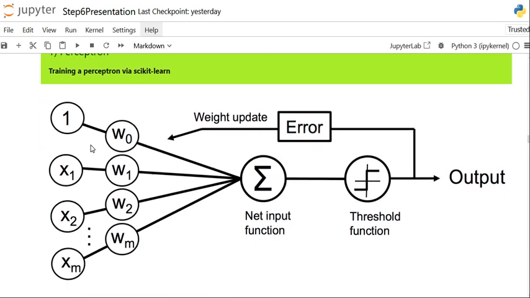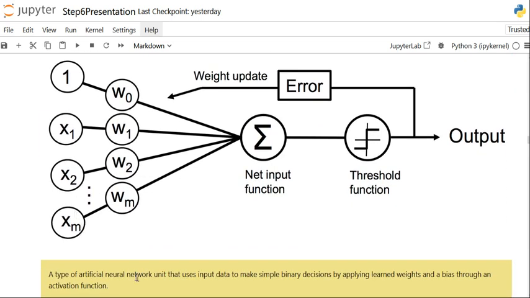Perceptron is the simplest artificial neural network unit that uses input data to make simple binary decisions by applying weights, a bias, and an activation function. These x's are the x value input, and this is the w, the weight, and this w0 is the bias. We get the dot product of these and use the net input function to do a summation, and then